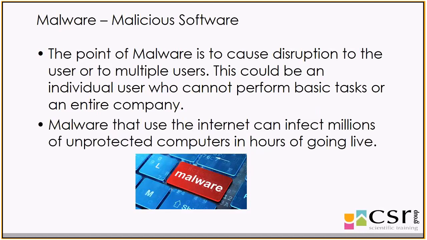So malware essentially that is downloaded through the internet can affect millions of computers in a very short space of time, and it can be adapted very quickly. So whatever patches or whatever programs are put in place, they need to adapt quickly to stop these kinds of things happening. And companies that you wouldn't expect to be susceptible quite often are, or can be, because of the way that these things are designed, and they can be changed so quickly.